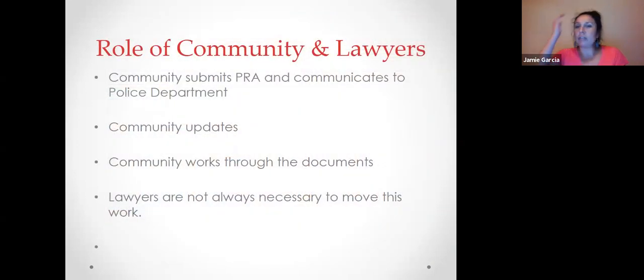So what is the role of community and what is the role of lawyers? I'm just going to read these bullet points real quickly. The community submits the PRA and communicates with the police department, right? The community updates each other about what the police department is saying in regards to the public records request, and the community works through the documents. And my last point here is that lawyers are not always necessary to move this work along, right? So when we break it down a little bit,